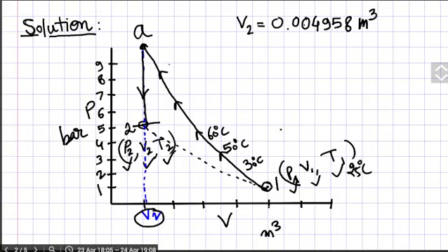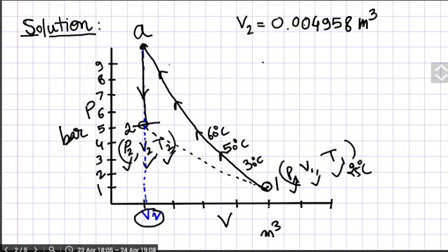Welcome students, this is the second part of our example 3.2 part C. So in the last lecture we had discussed that our path from 1 to A is the path for adiabatic compression, and after then from A to 2 we will do cooling at constant volume. So our task is to find out what work or heat will be involved in this path, and what heat and work will be in this path from A to 2.